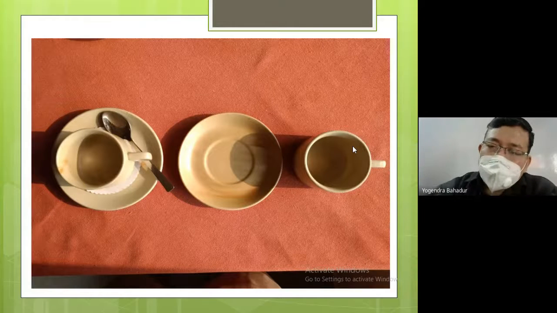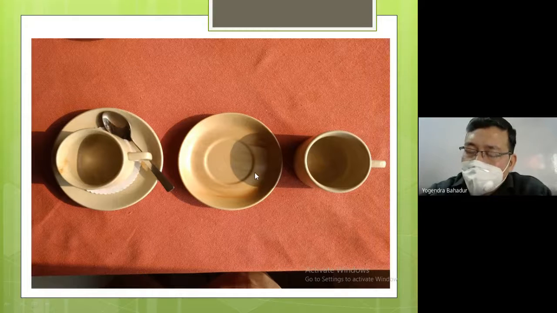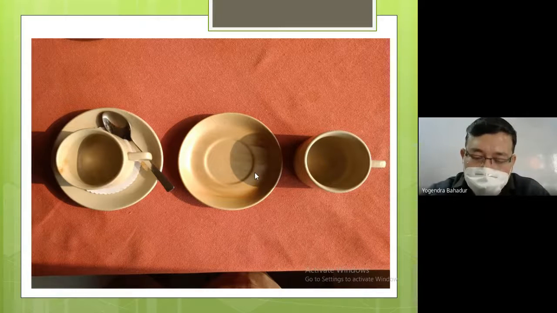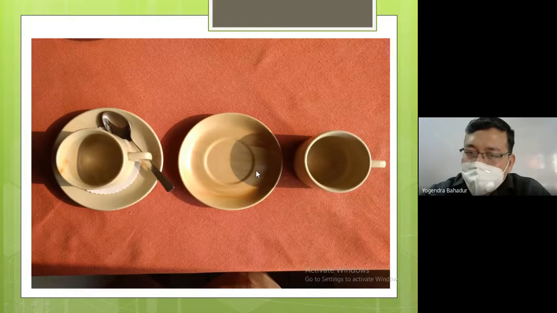As you can see on the right hand side, there is a cup, that is basically the teacup, and next to the teacup is the saucer. It is not a small plate, and it is not even to be called a tea plate. The technical term associated with it is the saucer. Generally the saucer has a dimension of approximately 4 to 5 inches in diameter.